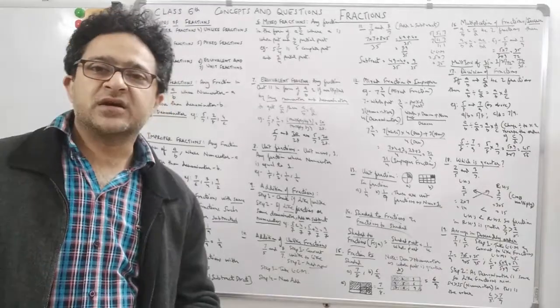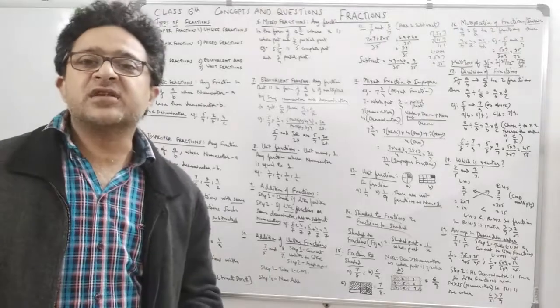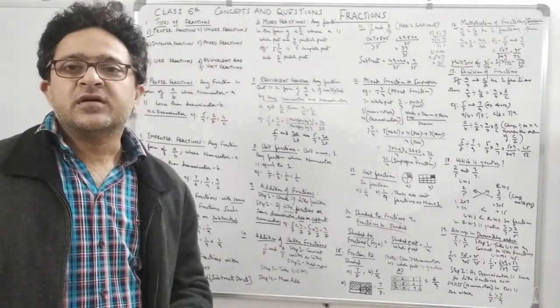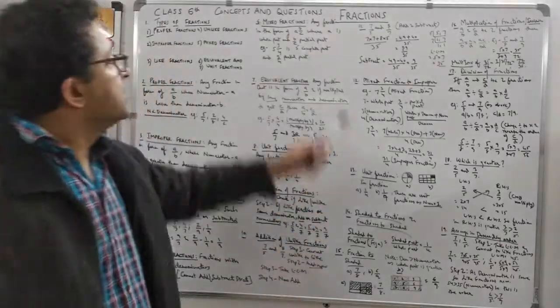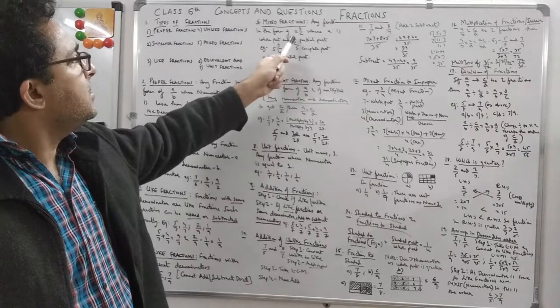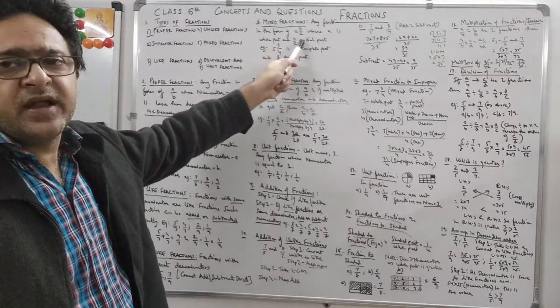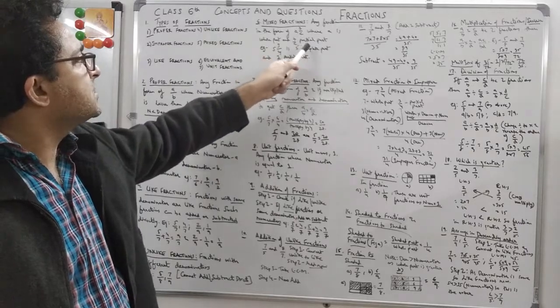It is not like A can be 1, 2, 3, 4 and B upon C is like 3 by 4, 2 by 4, 5 by 4 or 1 by 2, half. So if I take 1 and a half, I can write this as 1, 1 upon 2. 1 by 2 is the partial part and 1 is the whole part. So A is the whole part and B upon C is the partial part.